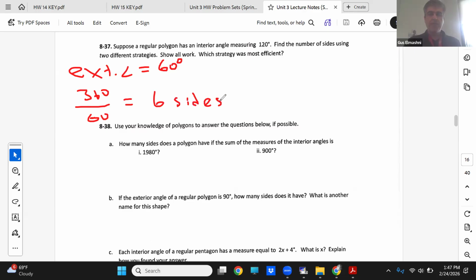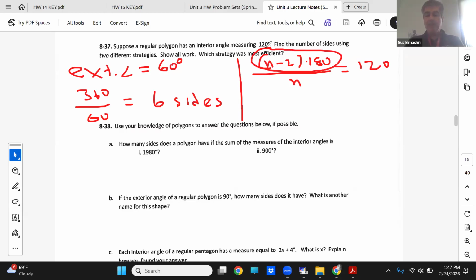So that's one approach. The other approach is n minus 2 times 180, which is the sum of all the interior angles in a polygon, divided by n, the number of sides or angles, equals 120. I think the second method is a little more complex. Personally, I'd find the exterior angle, which is supplementary to the interior angle, and then divide 360 by that. That'd be easier. And by the way, people have been asking in my E period yesterday, do I have to memorize that formula? Well, yeah, but just to help you remember, you don't have to write this down,